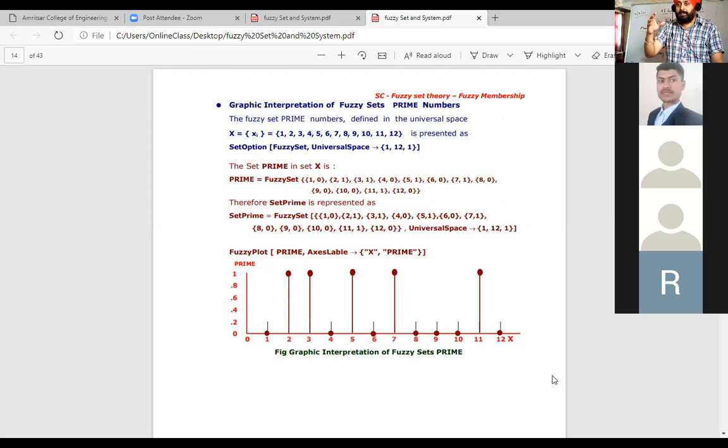तो वो उनको 1 दे दिया, बाकी 1, 4, 6, 8, 9, 10, 12 ये प्राइम नहीं है तो उनकी वैल्यू, उनकी डिग्री क्या है, 0 है। तो दिस इज द वे टू रिप्रेजेंट। बट अगर आप क्लासिकल सेट थ्योरी करते तो उसमें आप सिर्फ 2, 3, 5, 7 और 11 को रिप्रेजेंट कर सकते थे। 1, 4, 6, 8, 9, 10, 12 को रिप्रेजेंट कर ही नहीं सकते थे ग्राफ में। तो ये डिफरेंस है, यहाँ पे हम दोनों को रिप्रेजेंट कर सकते हैं उनकी डिग्री के हिसाब से।